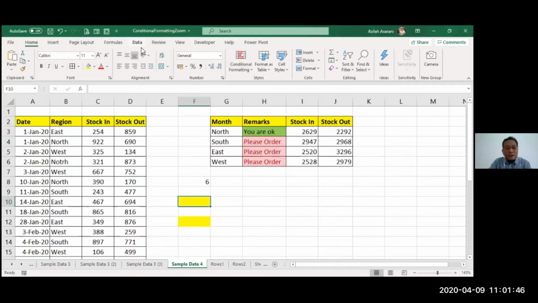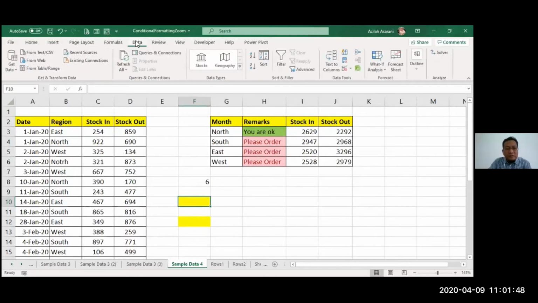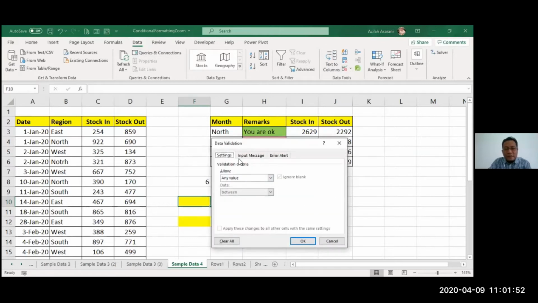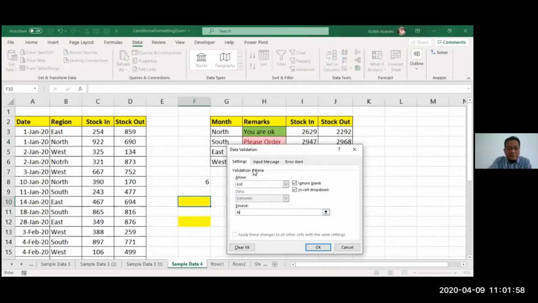Method 1: select the cell, go to Data, then Data Validation. Under Settings, I put in List. Here, I type north, comma, south, comma, east, comma, and also west. So when I press OK,